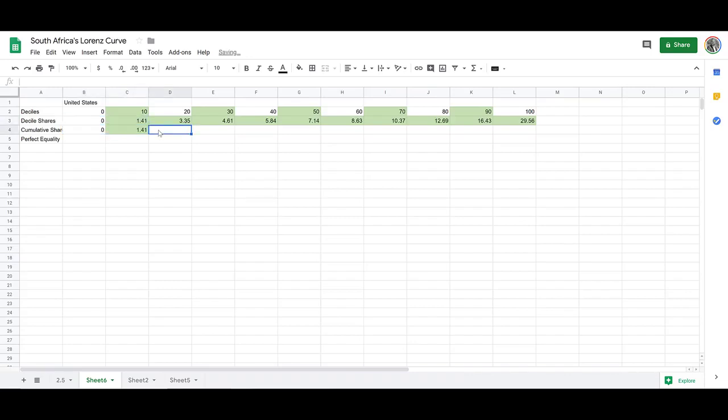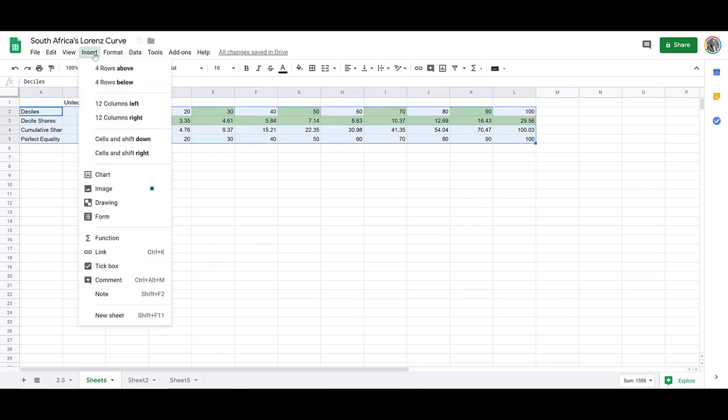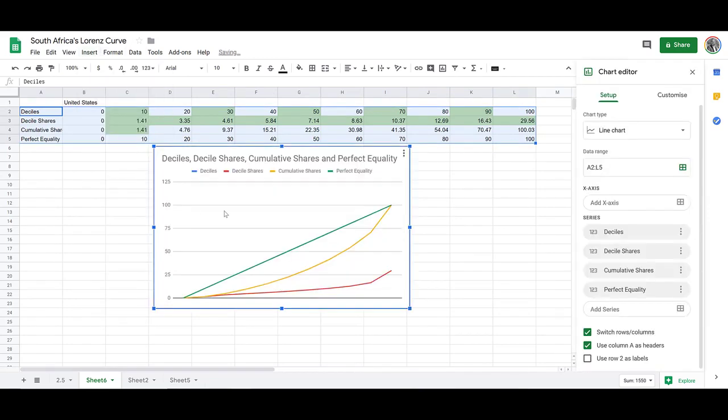The first two cells are just copied as they are. Then we enter a formula there. So we enter C4 plus D3 and copy the formula, drag it to the end, move on to perfect equality. We just copy the deciles figures as they are and drag the formula to the end. Once we have that, then we select all the data, click insert, select chart, and we have our Lorenz curve,